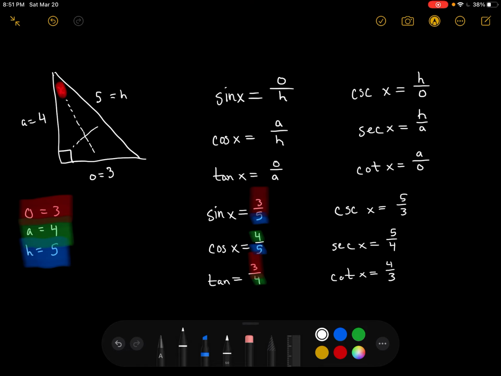So the ratio of sine x is 0.6. So that's kind of the goal for this part of the video, is take some of these functions and practice plugging in. Identify O, A, and H, and put them in